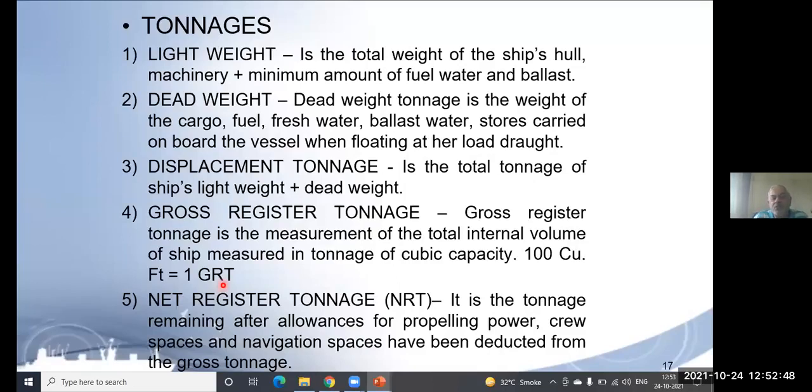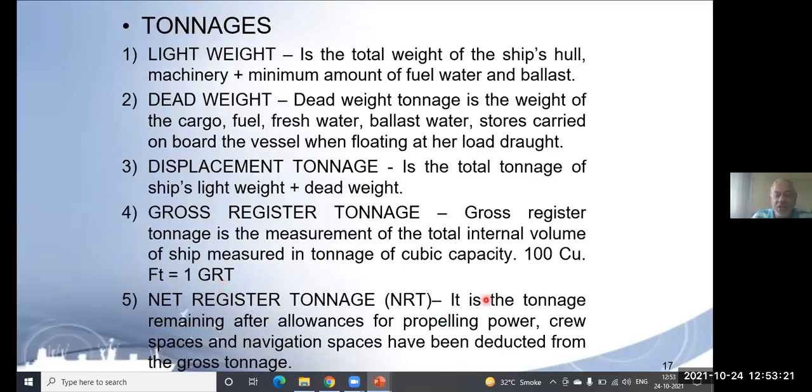So the volume of the ship which is going to be utilized for cargo, whether empty or loaded, you have to pay the tonnage, the fees or the charges. Suppose a ship is going through Panama or the Suez Canal, then you pay as per GRT, irrespective of how much cargo you have. Got it? Yes, sir. Okay. Now, net registered tonnage.